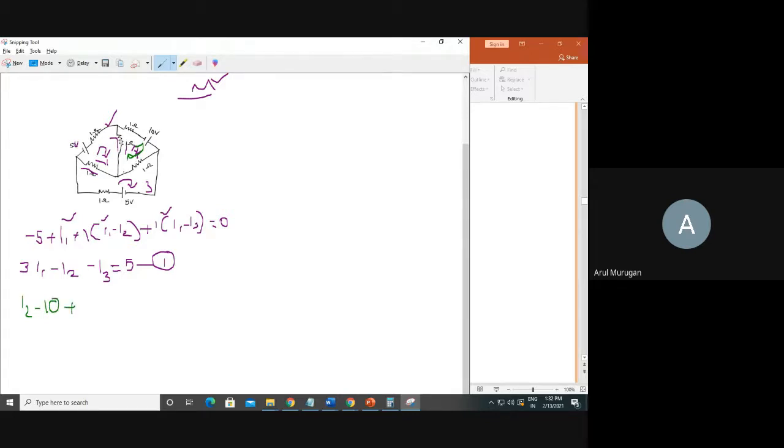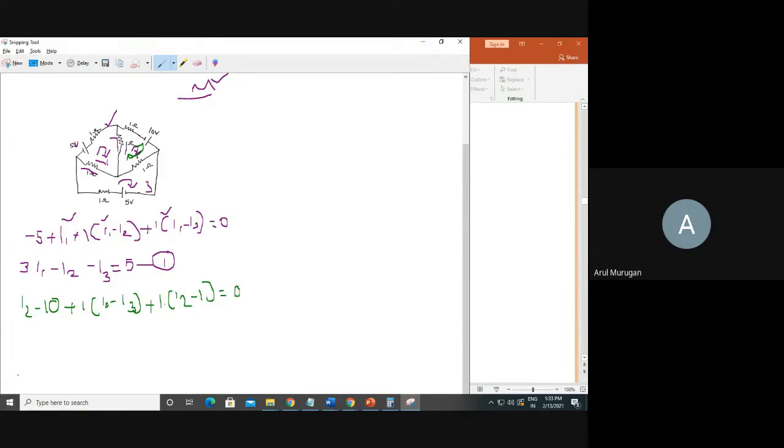Then entering to this point. So plus, how many? What is the value? 1 into, open the bracket. So here is I2, and opposite to that is I3. So I2 minus I3. Why minus? Because it is the opposite. I2 minus I3, close the bracket. Again, one more is there. 1 into, open the bracket. I2, mine is the first one. The opposite of I2 is I1. So I2 minus I1 is equal to 0.